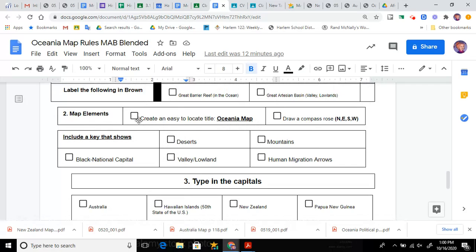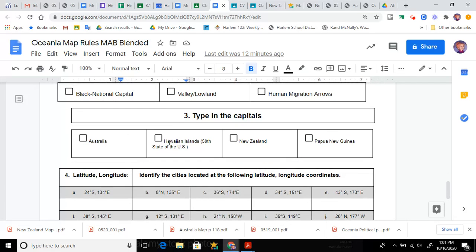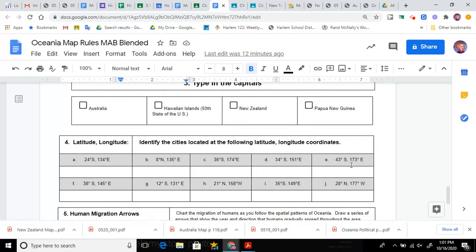For map elements, number 2, please put a title on your map, and a compass rose, and these are what you need to highlight in the key, okay? You need to have a symbol for your national capital, deserts, valley or lowland, mountains, and then there are some human migration arrows that are going here. This is the section where you're going to type the capitals, and